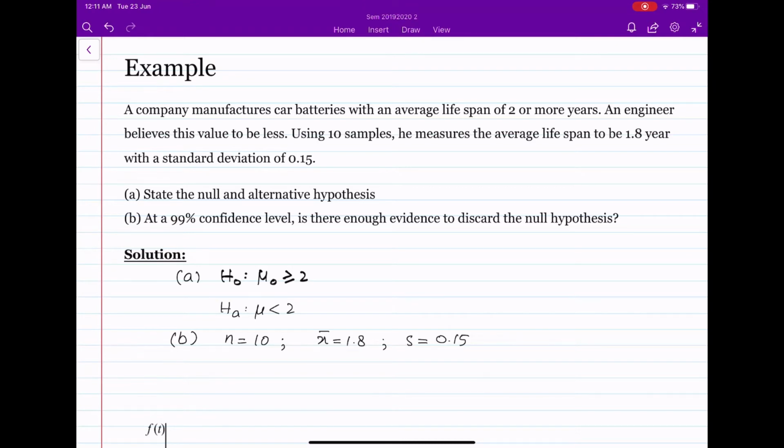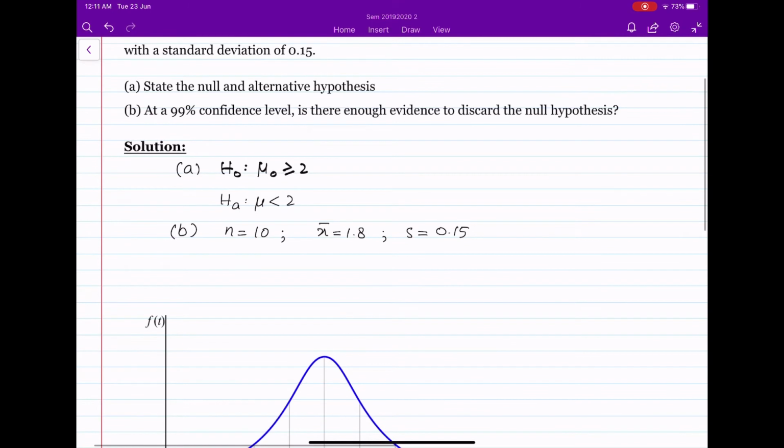Now our confidence level is 99%. But first we will calculate our degrees of freedom. Degrees of freedom are calculated as n minus 1. So n is 10, minus 1, is equal to 9. So our degrees of freedom are 9, and our confidence level is 0.99, or we can also write it as